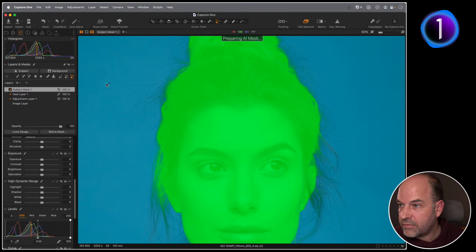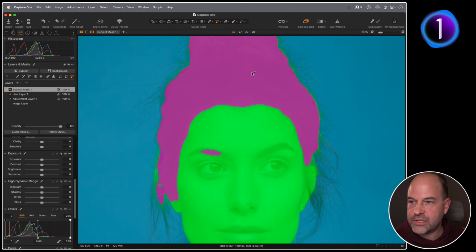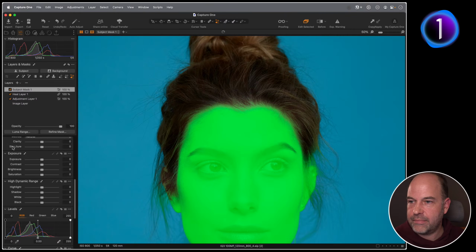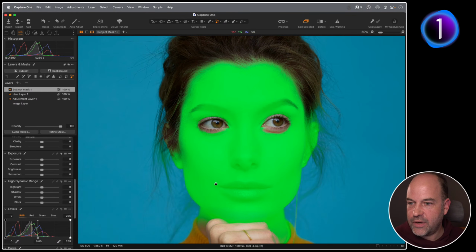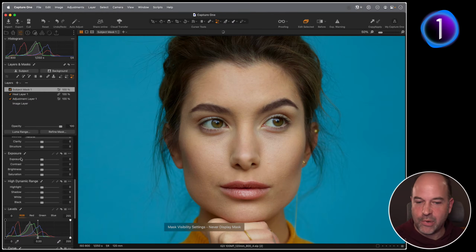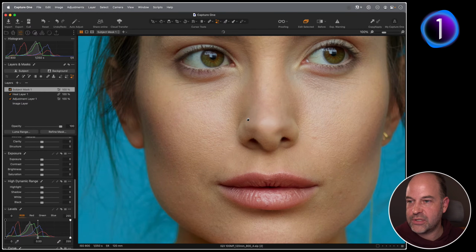One second. No, I've got the right brush. There we go. It says preparing AI mask. Now let's pop the hair out a little bit. Get this in the right spot. So we do that. And then finally, if we want to take the eyes out, we can box around that, box around that, and then finally box around the lips as well. Just let it build the mask. Sorry, I was getting ahead of it. Like so. Then we've got just a feature mask like that, or a reverse feature mask.